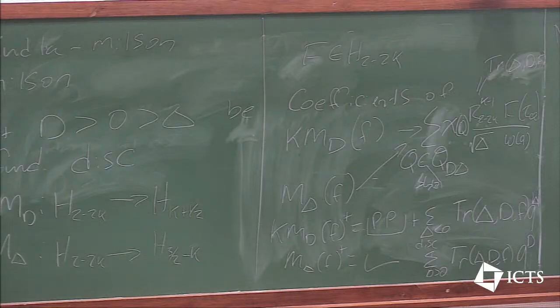In order to extend these to non-fundamental discriminants, the best way is to write it with a fundamental discriminant and then use a Hecke operator. That shows you how to expand things the right way to get non-fundamental discriminants. But we can get, at least in these cases, the Kudla-Milson lift and the Milson lift, in both cases,